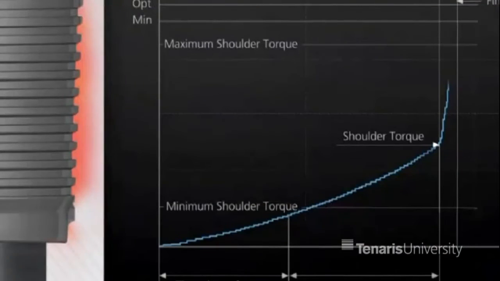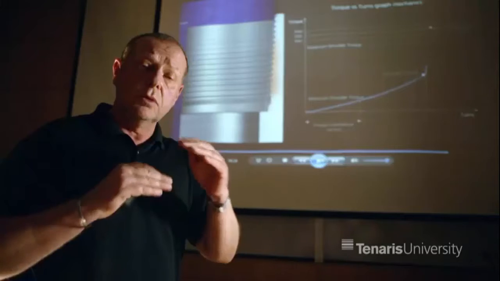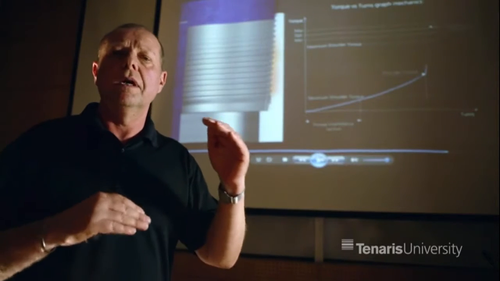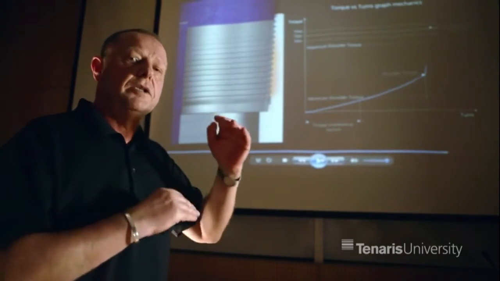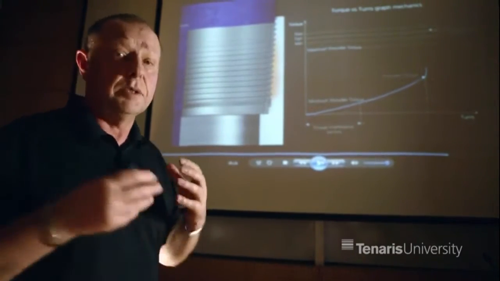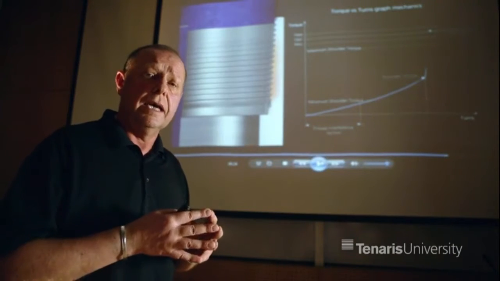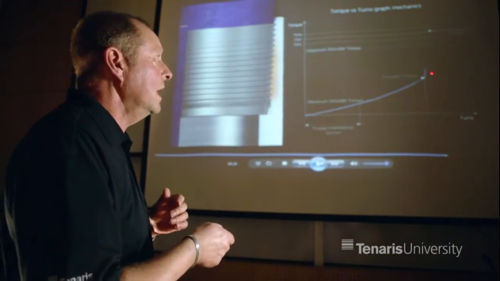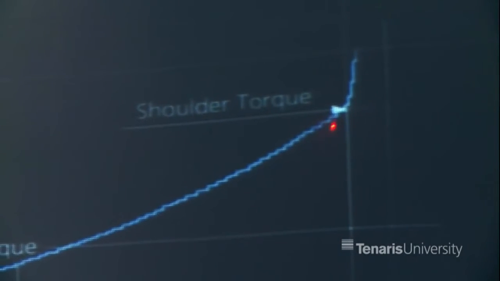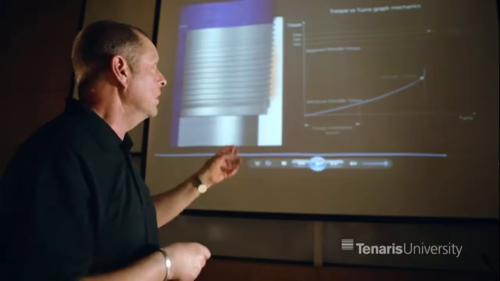Now there's a minimum shoulder torque point, as you can see here, and then there's a maximum shoulder torque, and the shoulder point must be within those two parameters. So there's a minimum and a maximum. It can be anywhere in there, but it has to be in there, and that's part of the manufacturer's criteria for makeup. So we get the shoulder point here, and then after that we build. So if we run this animation on,